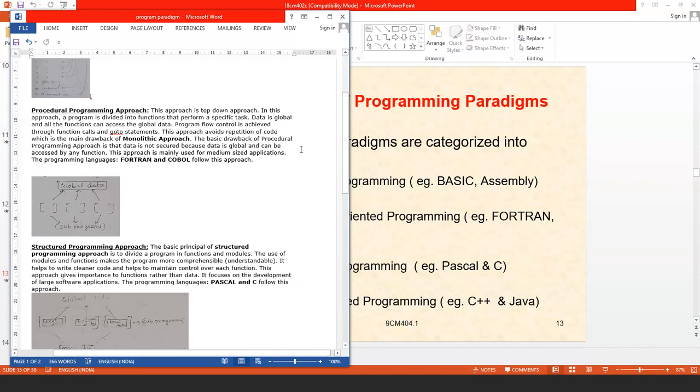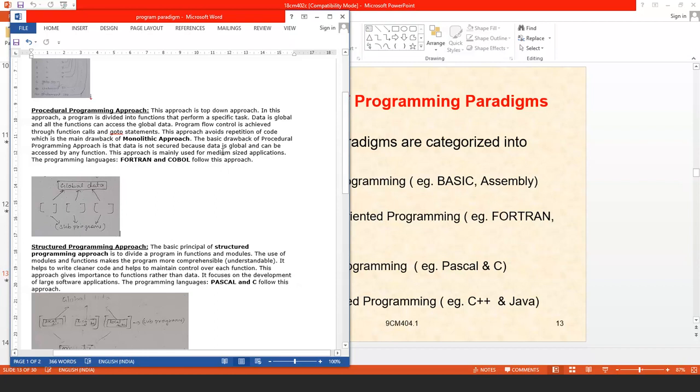The basic drawback of the procedural programming approach is that data is not secure, because data is global and can be accessed by any function. Like monolithic, we are not providing any protection over the data. So security over the data is the main drawback of procedural programming, while it overcomes the drawback of monolithic, that is, repetition of code.